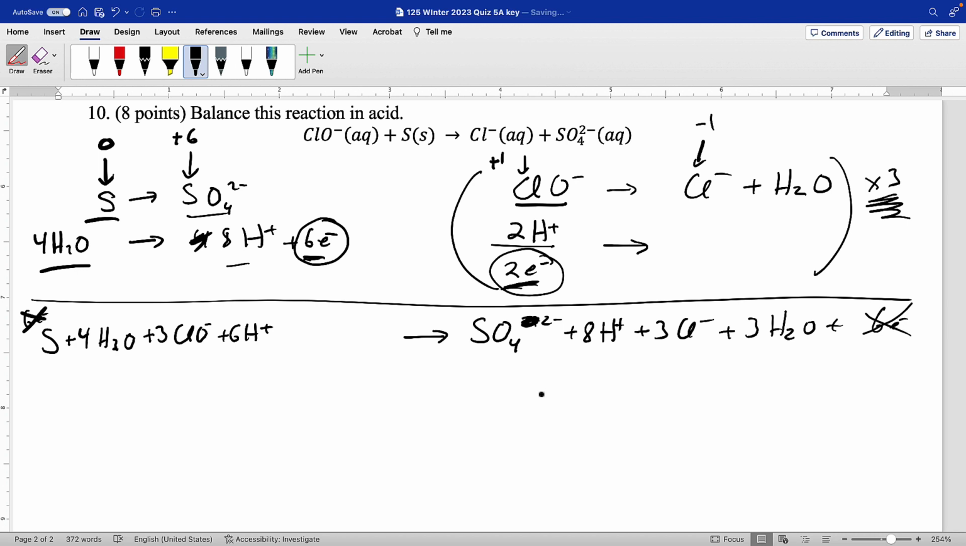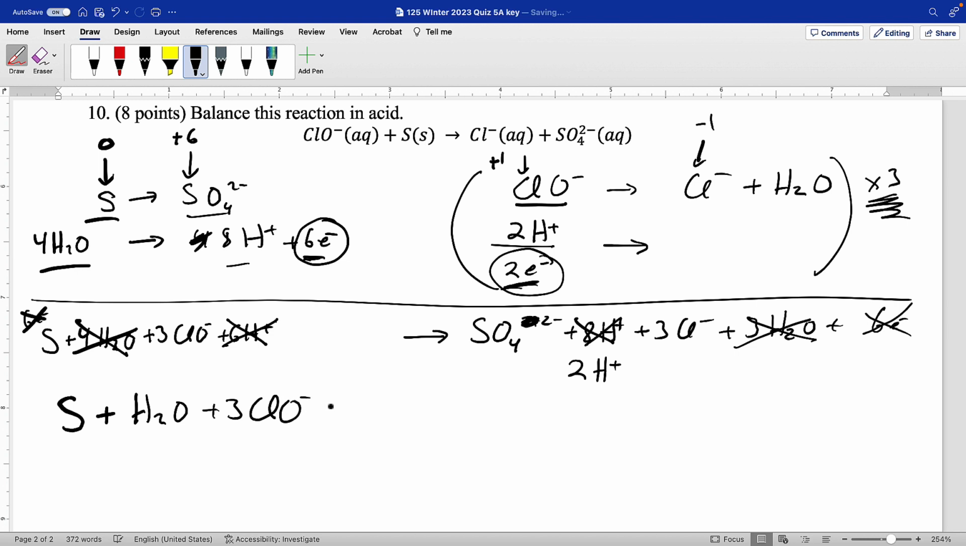Anything else we can cancel? Yes, we've got 6 hydrogen ions on one side and 8 on the other, so we should have 2 hydrogen ions. And in terms of water, we've got 3 and we've got 4. So we'll just take 1 water. So let's just write this a little more neatly. We've got a water. We've got 3 hypochlorites going to a sulfate, 2 hydrogen ions,